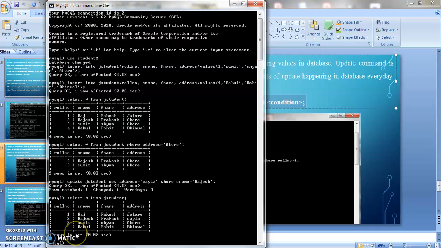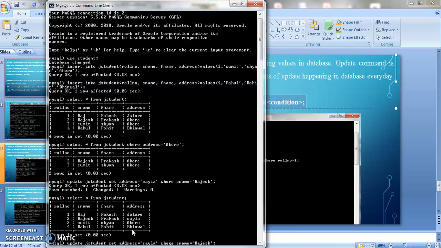Okay. So this is the same. Suppose I have to change the address of Rahul from Bhinmal to Jalore. So again I am using the same command, update student set address.